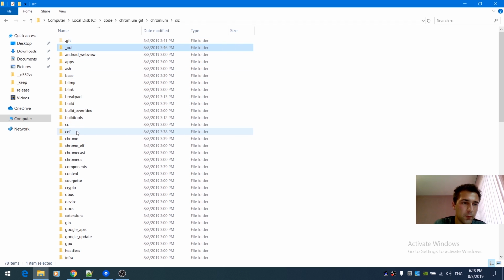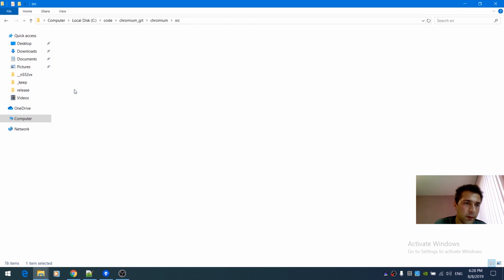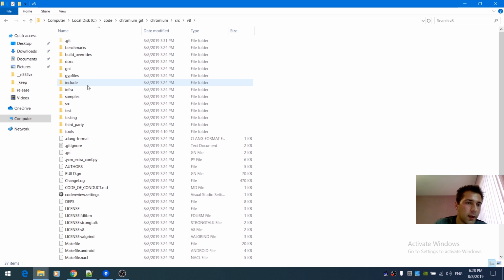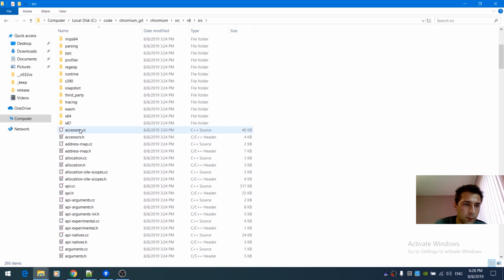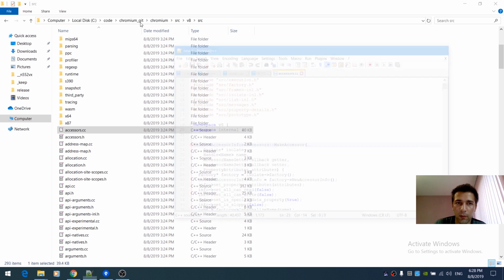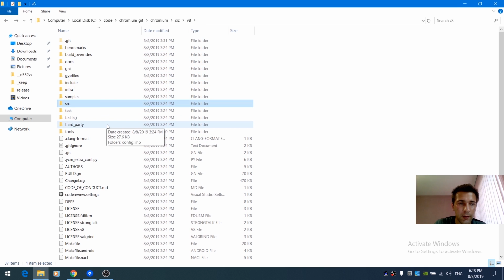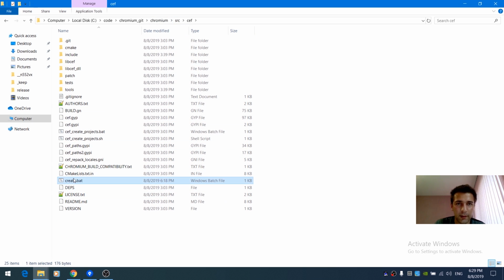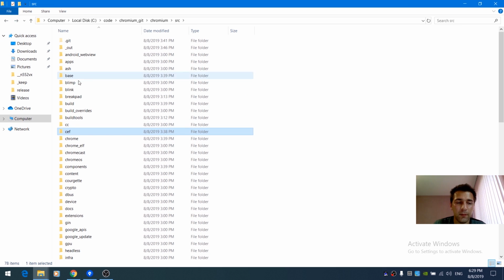So if you go ahead, for example, to V8, and make a change to this here, add something or remove something, you only need to save it and then come back here, go to CEF and run that create.bat again, and you have your updated project and you can build it with Ninja and you have your custom build. So